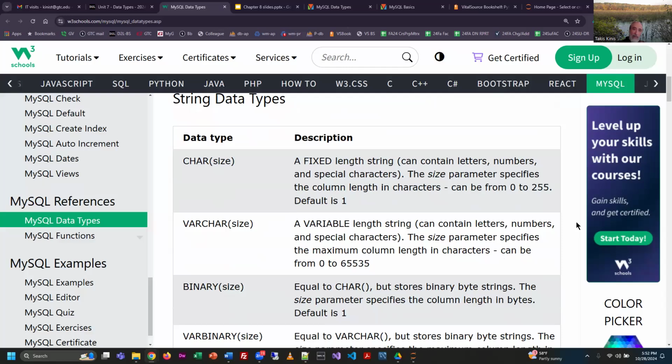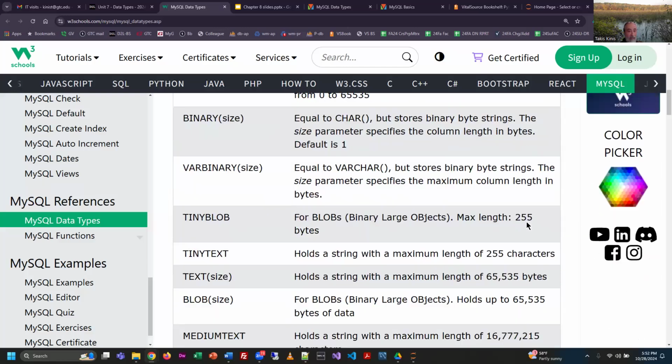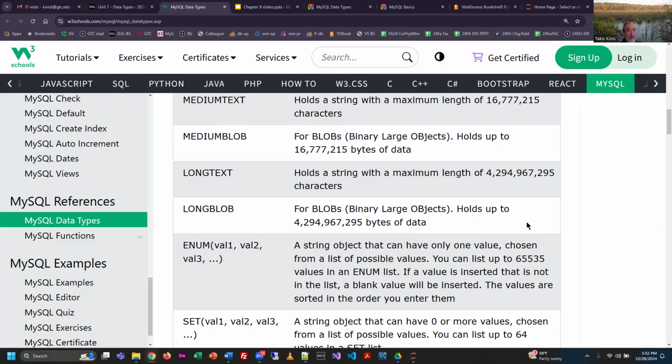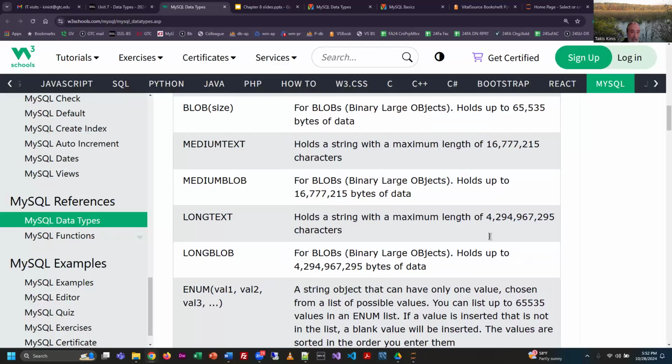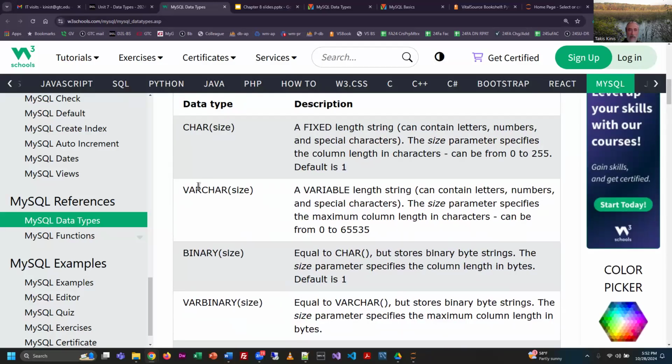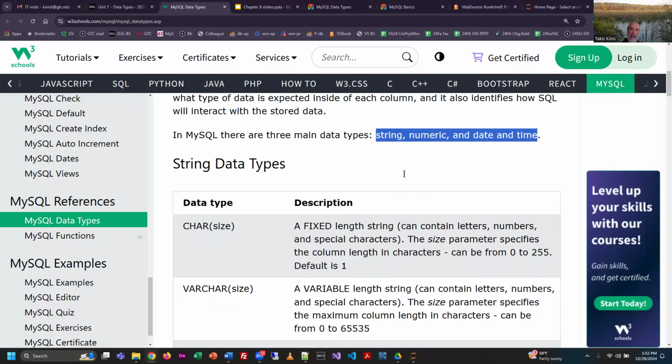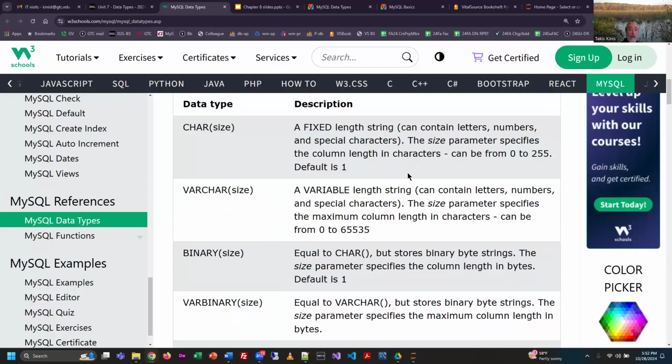All right, let's look at first the string data types, which are basically the ones that hold letters and words, right? And there's a number of different ones, and I'm just going to kind of scroll through them. Yeah, if you thought there was maybe one or two, like how many different data types do I need for words? Well, it depends. There's a couple in here that are actually complex data types, but let's look at the fundamental ones. So the most fundamental of all the data types for characters, or I guess we'll call it strings, is the character, where basically